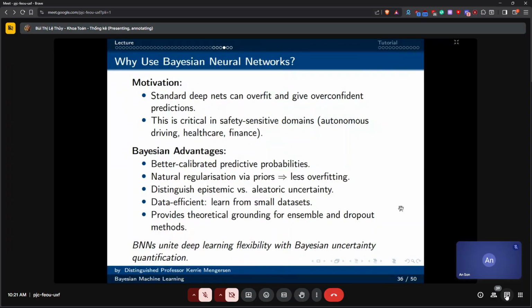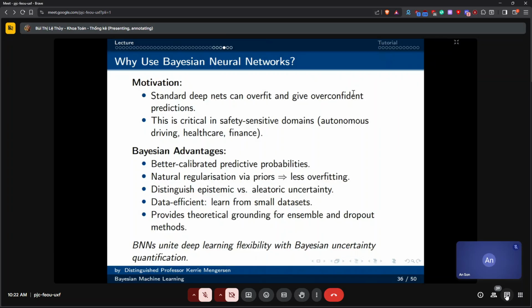What I mean by that is that we get very good predictions for our data, but then it's not very good for predicting outside. The other thing is we get very good predictions and we think we have very good predictions, so we're overconfident in those predictions. But in fact, we could be wrong.